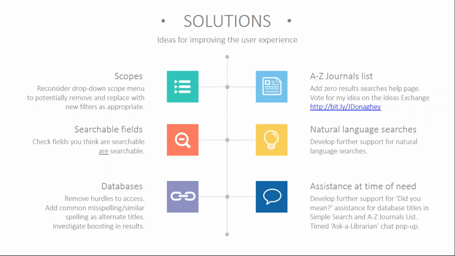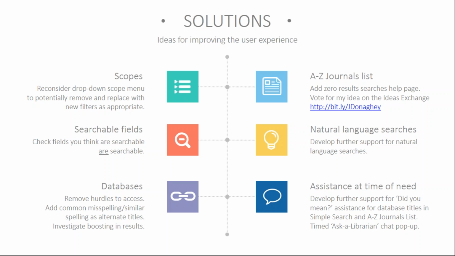For databases, locating databases seems to be a big problem facing our users. They may be told by their lecturer to use a specific database or can't remember exactly how to find them, so the first thing they do is search for it in the great search box on our homepage, and many times they probably successfully navigate to it this way. But what if they get the spelling wrong or mistype or use an incorrect scope? They can be taken to a dead end.